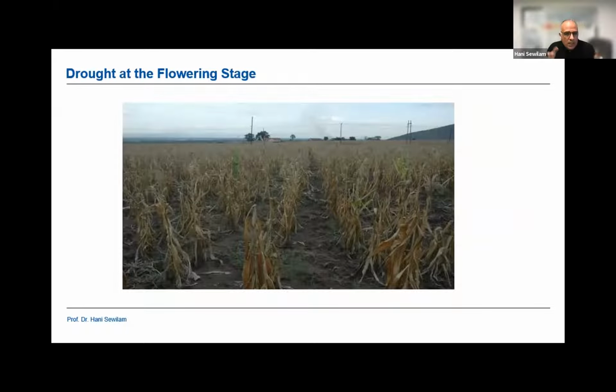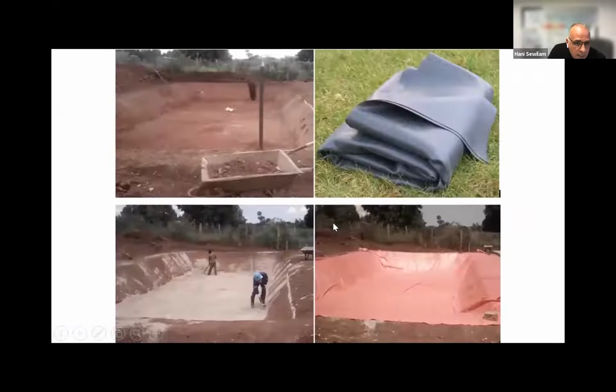So we need to find an amount of water to help the farmers in the Nile Basin to overcome this drought period. And this is one of the examples of how you can store water at a very low cost. If you go to the lowest area in the farm and you make this pond to store water, and this was done by one of my master students in Uganda when he was doing a research thesis. He just went there with $2,000 to start building a prototype and model.